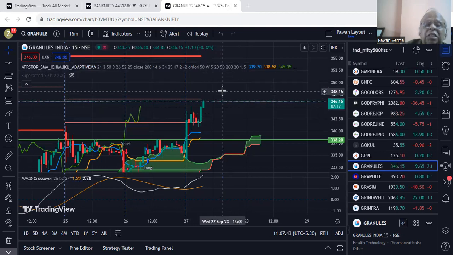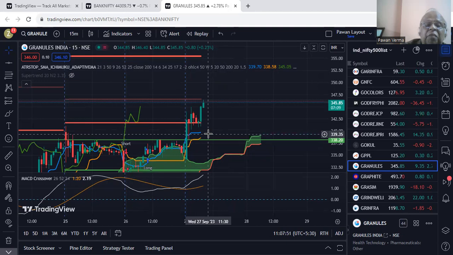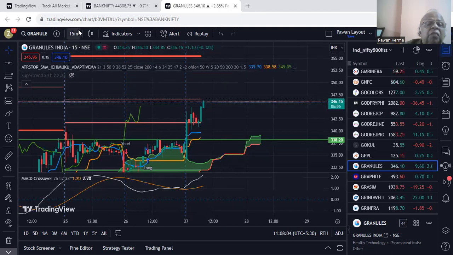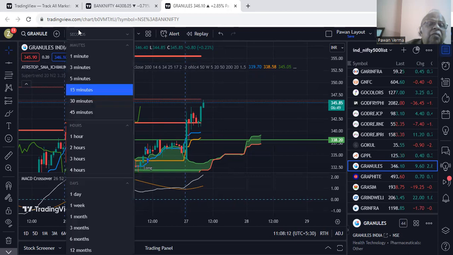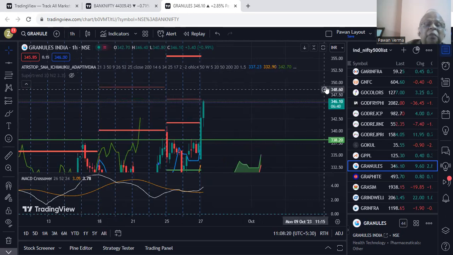Now we have to just see and wait and watch whether this will be breached or not as per the possibility and the potency and the gapping between the Tenkan-sen and Kijun-sen. The probability and the possibility of reaching that particular target is quite high. This can be confirmed when we analyze the chart in the higher time frame also. Just look at the chart of 1 hour, whether this thing happens or not. This will happen or not. Just see.